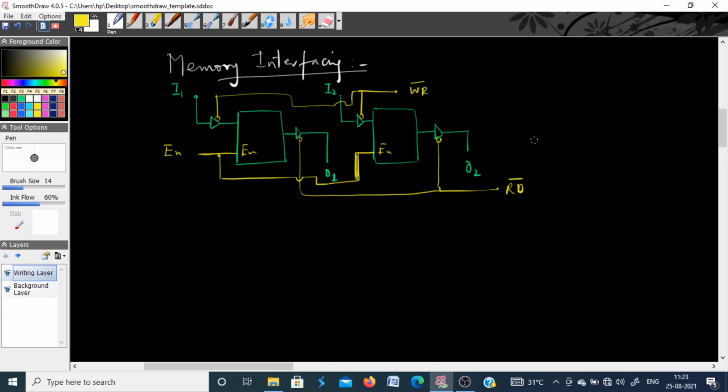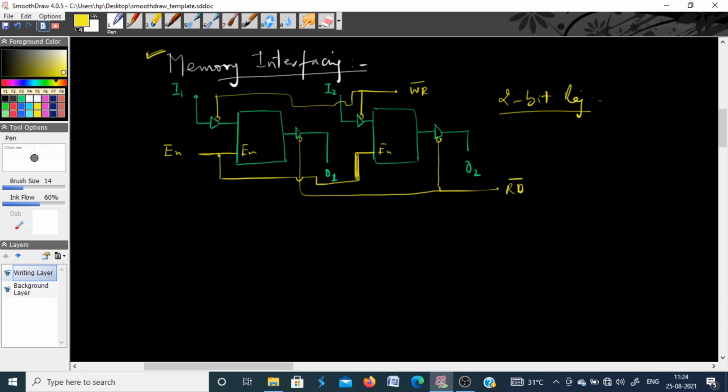Okay, we were discussing the memory interfacing in the last few lectures. There is something important that I forgot to discuss in the previous classes. See, I have taken a 2-bit register here, so with 2 flip-flops which can store 2 bits. Okay, and we have seen that the input